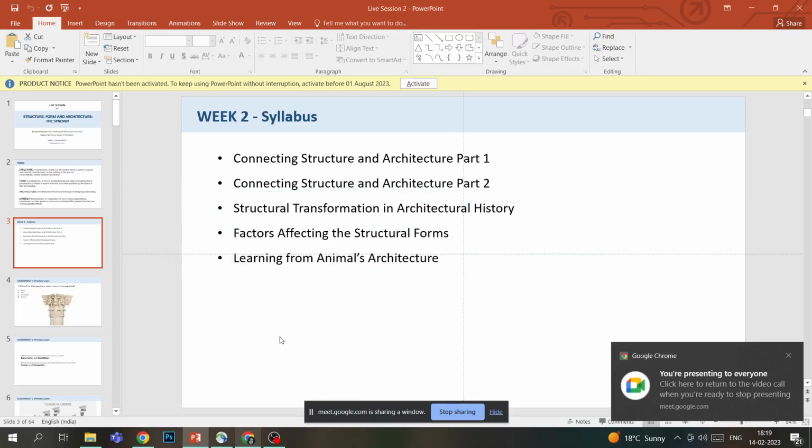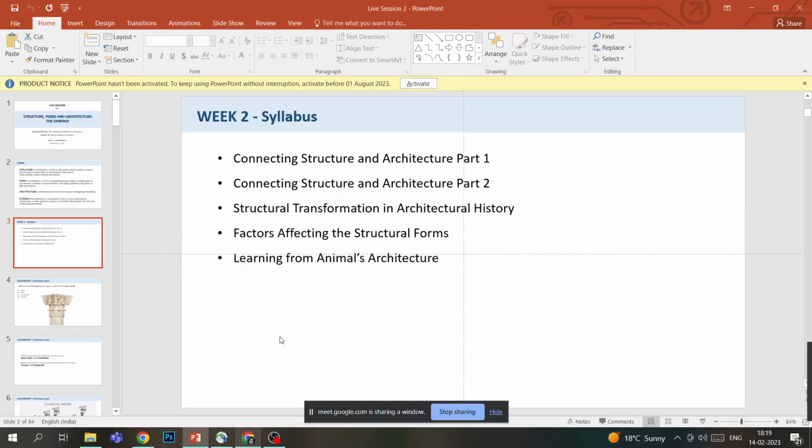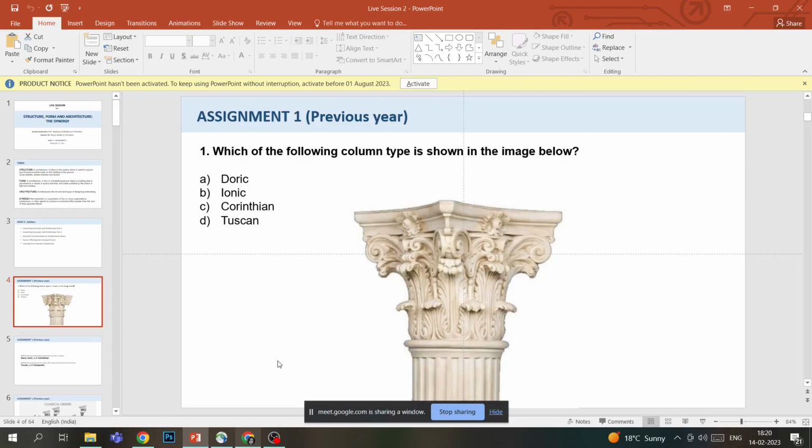Whatever questions I will be doing right now are previous year questions, not this year's questions. I am clarifying this again because sometimes people think that we would be doing the questions of this year. No, we are not going to do that. We are doing previous year questions so that you can build your knowledge base and understand what kind of questions come. This helps in your preparation for this subject. So moving on, the first question is